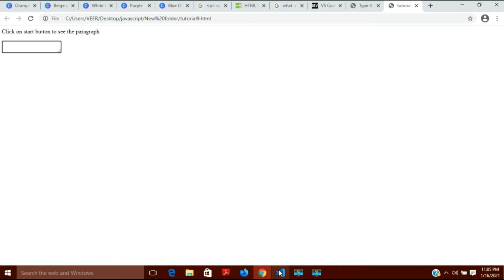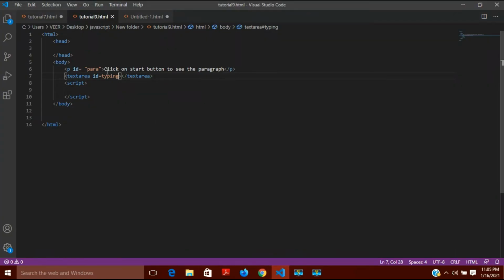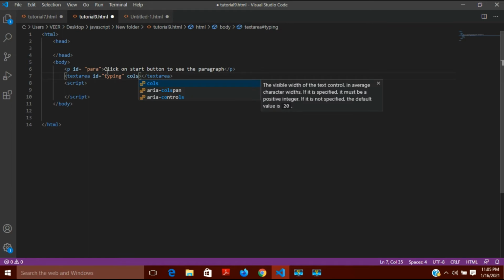Inside the tag, after the ID which I have given here, I will write cols. This will help me increase the number of columns.